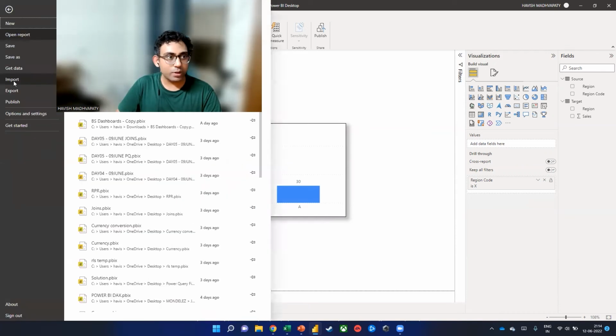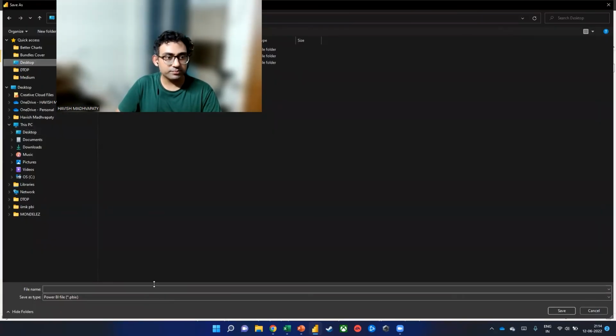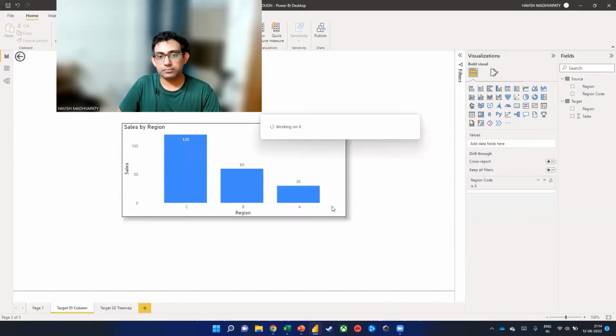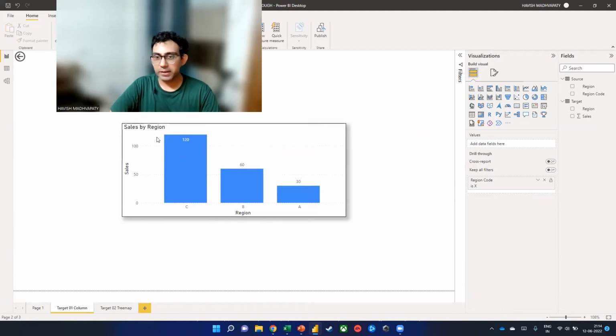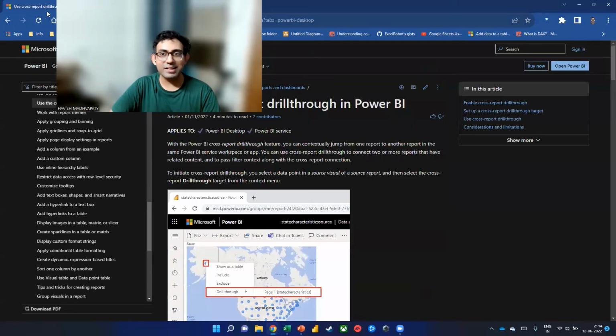Perfect. So let's go and save this file. So I just want to call it my drill through. Perfect. So let us close it. And now let's read about